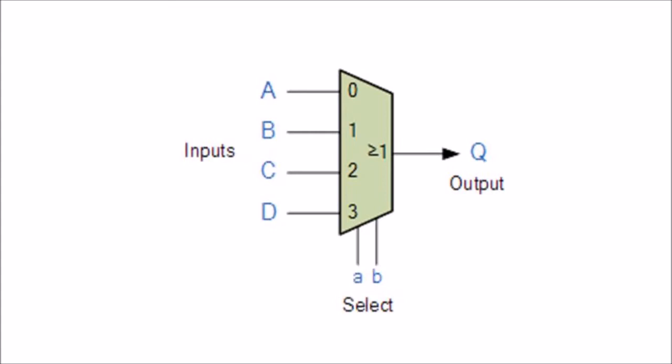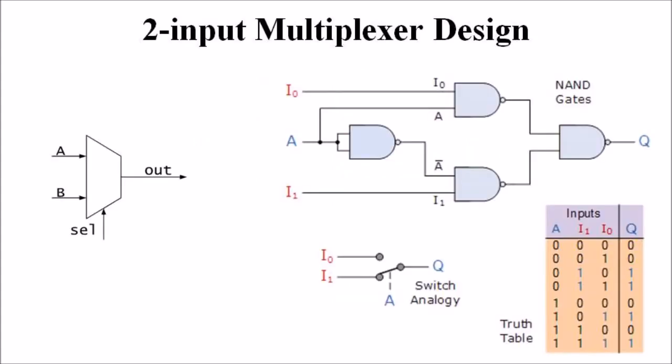Now we are considering a 2-input multiplexer design. We can build a 2-line to 1-line, that is 2-to-1, multiplexer from basic logic NAND gates as shown here. The input A of this simple 2-to-1 line multiplexer circuit, constructed from standard NAND gates, acts to control which input, either I0 or I1, gets passed to the output at Q.